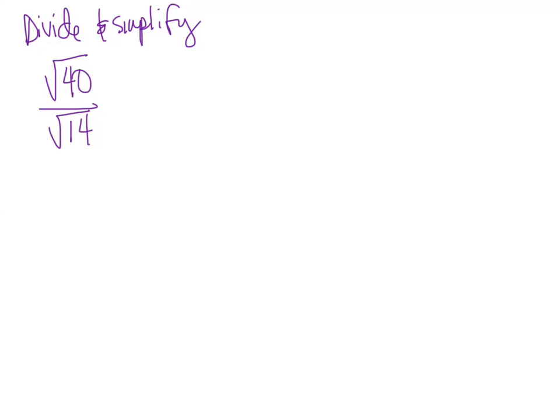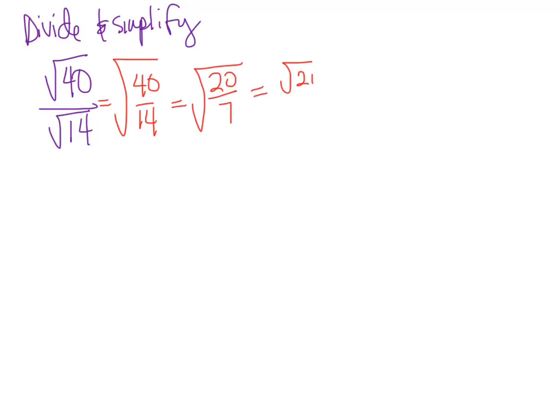then have to factor it down, I'm going to go ahead and simplify first by writing this as a single radical. So it becomes the square root of 40 over 14, which can be simplified by dividing a 2 out of the top and the bottom. It becomes the square root of 20 over 7. Now this doesn't simplify any further, so I'll have to rationalize this denominator by splitting it back up again into